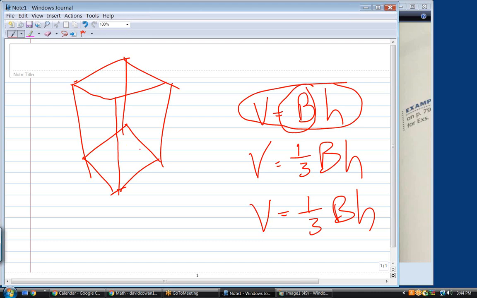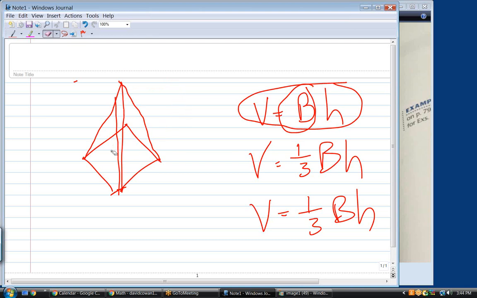Well, now, if you had a piece of sculpture, let's say you had a piece of marble that was shaped like this rectangular brick, and you wanted to turn it into this thing, you would have to shave away 2/3 of the material. And so when I look at this object, it's going to be 1/3 the area of the base times the